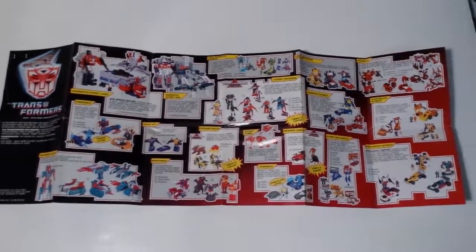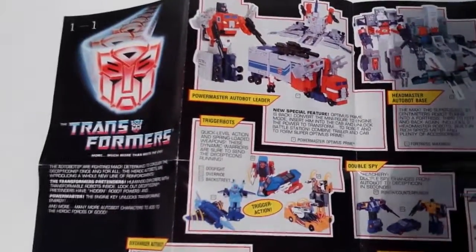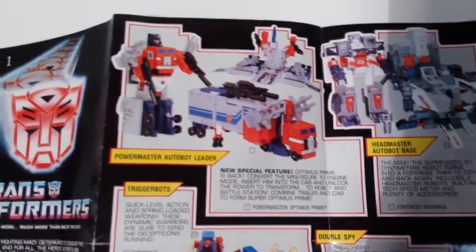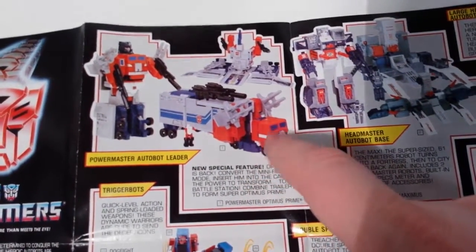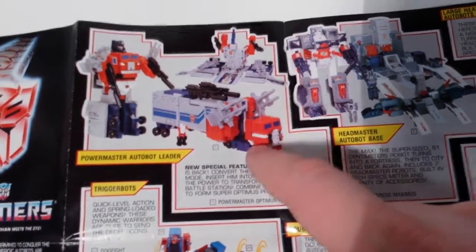Okay, this is the last catalog I have, the most recent one. I was pretty much out of collecting Transformers by this time. I probably got this with Power Master Optimus Prime, because I did get him just because he had a pretty cool cab transformation. This is like the G1 version, I mean the original Optimus Prime, and he transformed into a